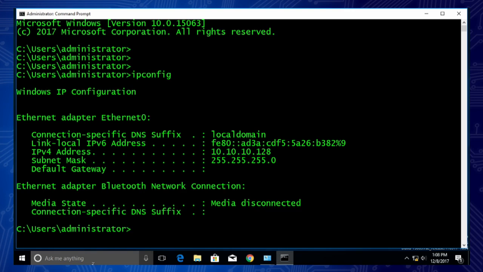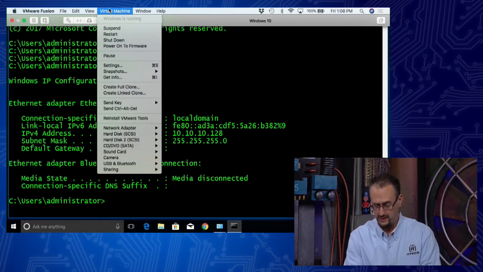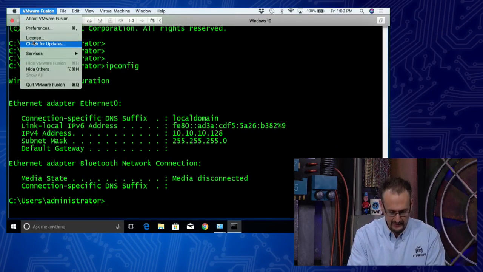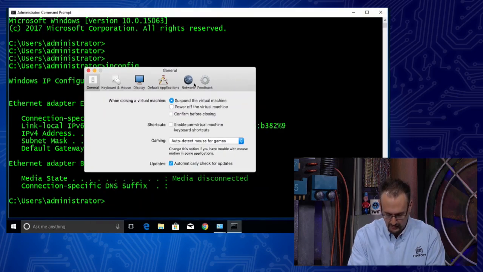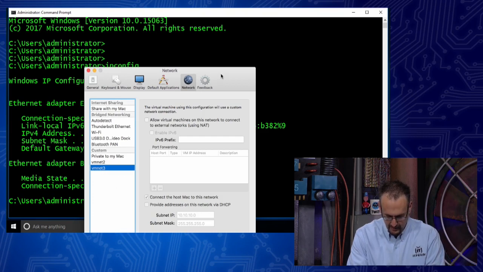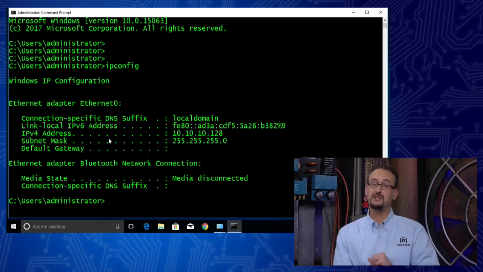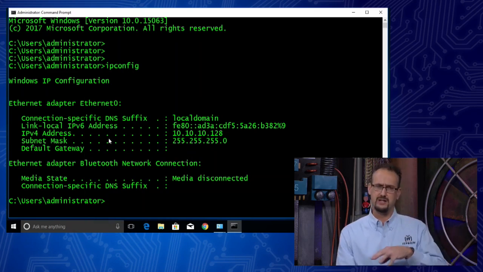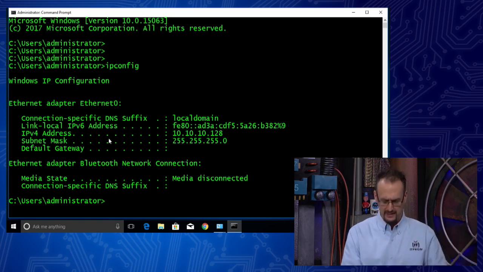You know, I think I know what's going on here. So let me go ahead and check something on our virtual machine here, because even though I said we don't have DHCP running on this virtualized network, I have a feeling that the hypervisor or the virtualization software might be actually providing DHCP. And it was, but it looks like it's disconnected now. I'll tell you what, so you can actually force the DORA process. You can either do it in the GUI like I did, you can disable it and then re-enable the adapter, or you can actually run ipconfig